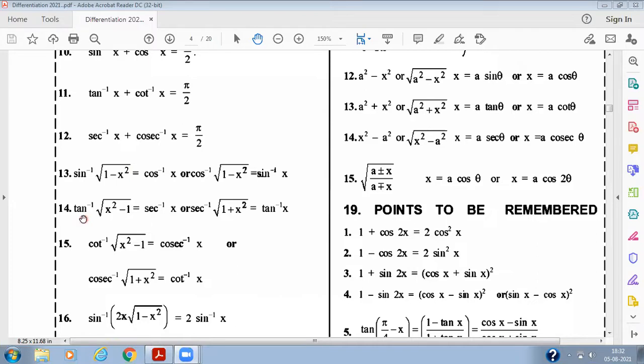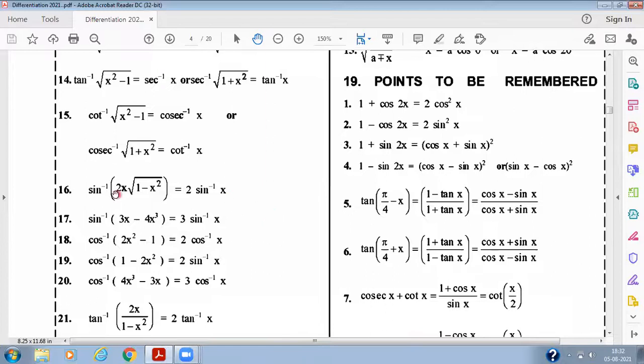So similarly, students, you can see point number 14 also, point number 15 also, and point number 13, 14 and 15, they are all because of the fundamental identity. We do those substitutions. Then point number 16, you can observe sine inverse of 2x into under root of 1 minus x square equals twice of sine inverse of x. Point number 17, you can observe sine inverse of 3x minus 4x cube equals 3 times sine inverse of